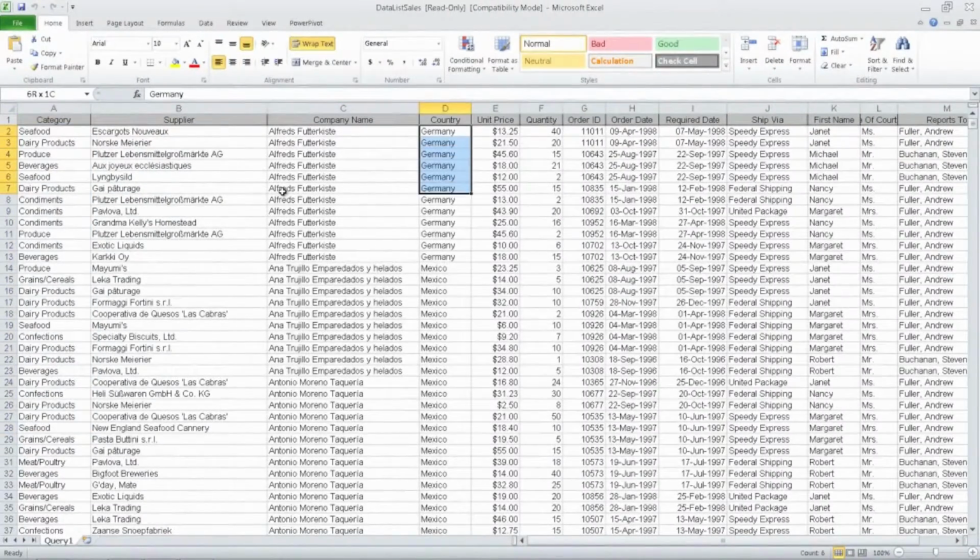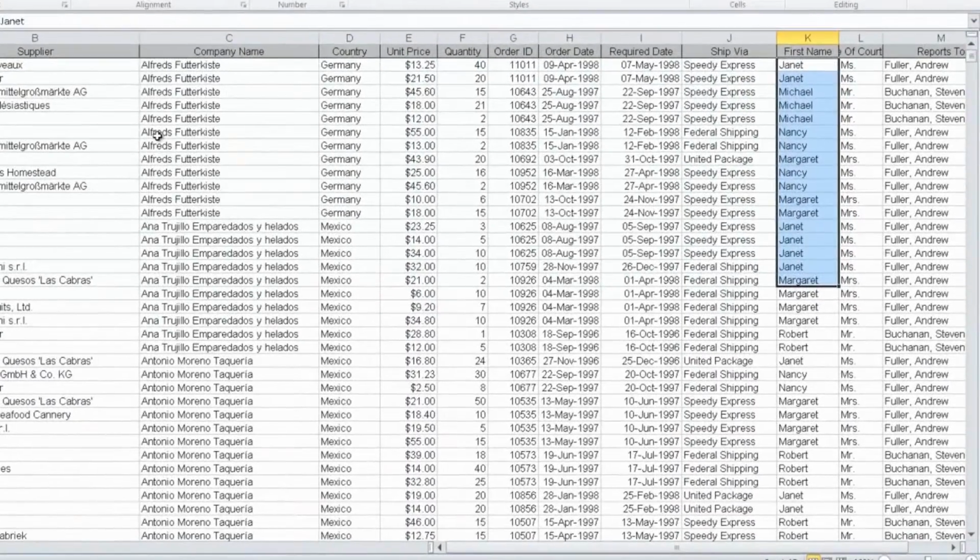Country would have been another good candidate. Okay. We also have a salesperson over here. Lots of repetition in there. The first name of the salesperson responsible. So column K, first name, would also be a good candidate. So once you get your hands on that data,